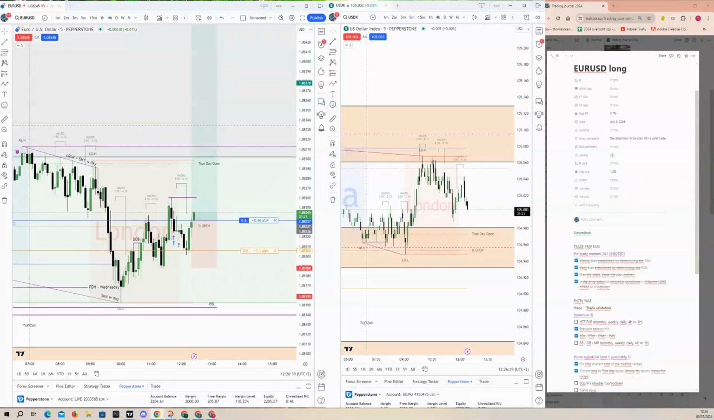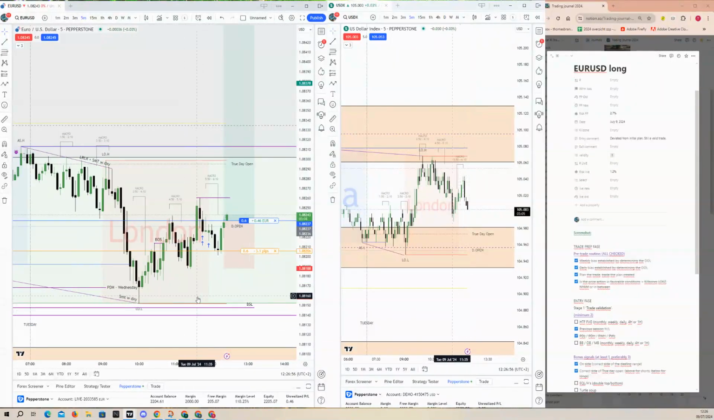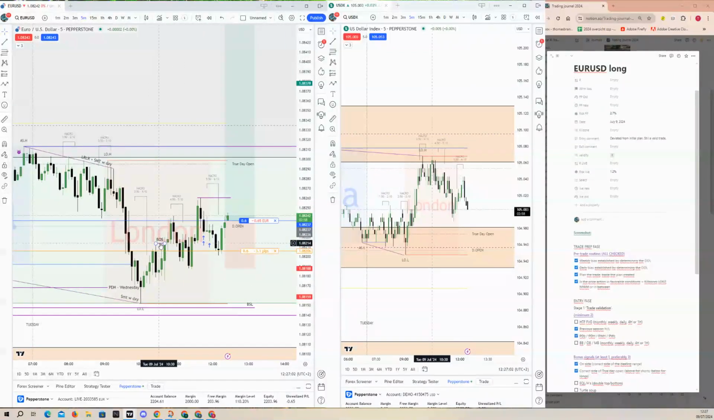Hi, so I'm back here. I entered a trade and I deviated from the initial plan. So let me explain. As you can see here, this was my intended level that I wanted price to grab the liquidity. However, as you can see, we had a break of market structure here, which is bullish to me,